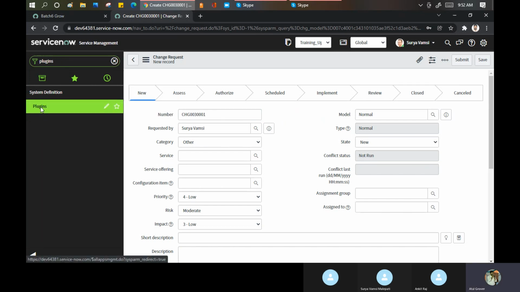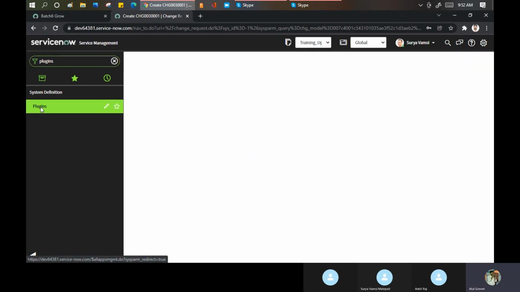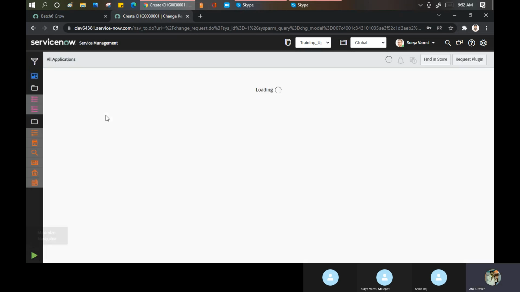If a plugin is not available, then I'll show you one more option. Let it load quickly. I'm sure it will take less time because fewer plugins are installed and it is in good condition.